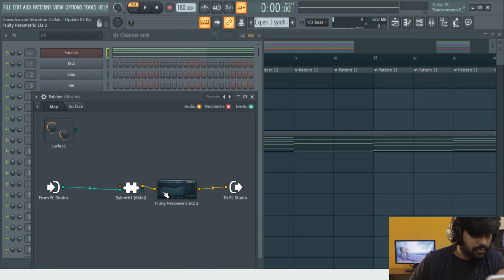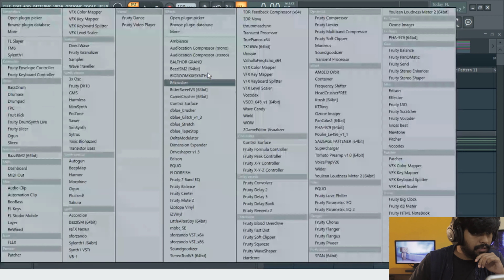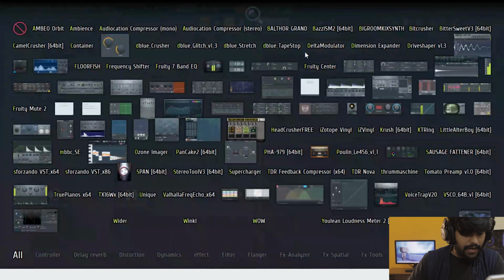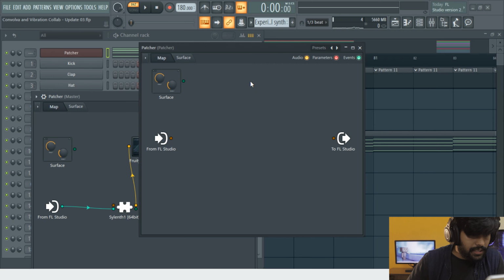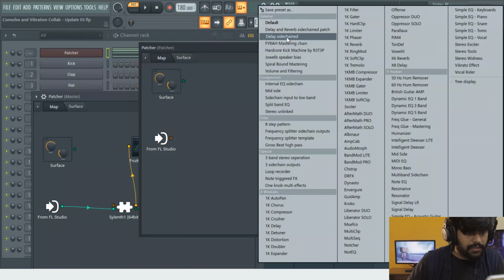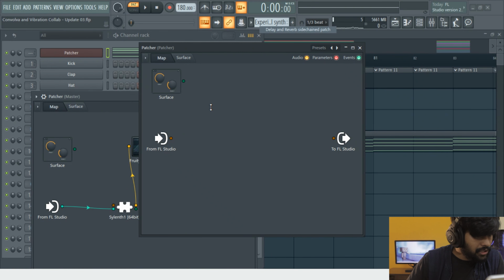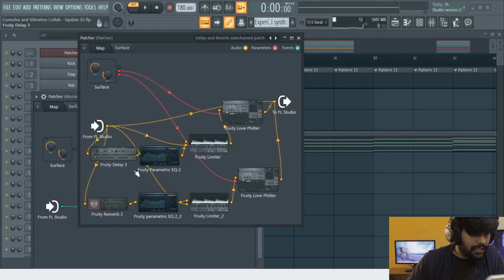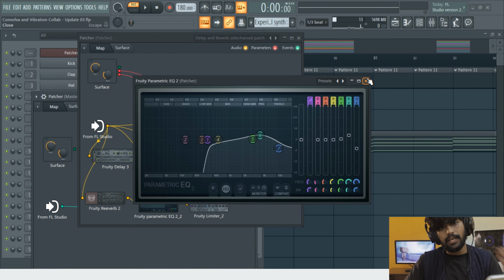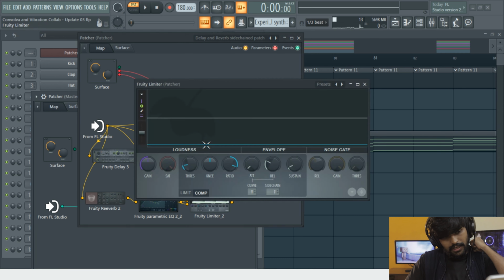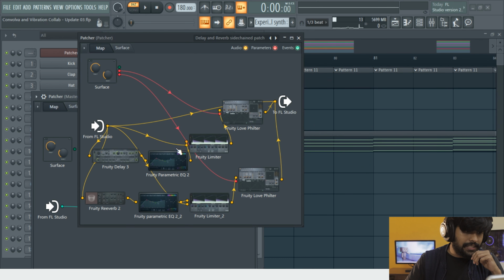Actually, I do not like using reverb like that. Instead, what I do is I add another Patcher instance inside the Patcher because it gives me a lot more control over the reverb. So I use this preset which I made. It's called delay and reverb sidechain patch. I have a delay here and a reverb here, and they are individually going into their own EQs, and then the EQ is going into a limiter, taking the original signal and sidechaining this delay and the reverb,